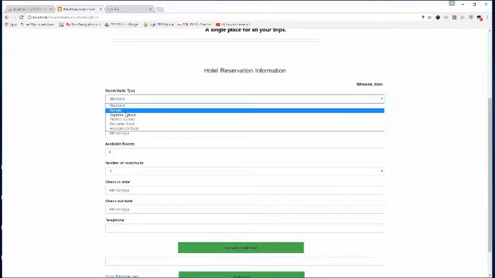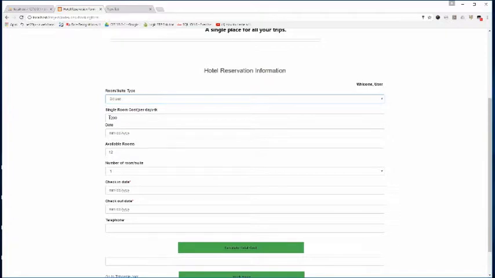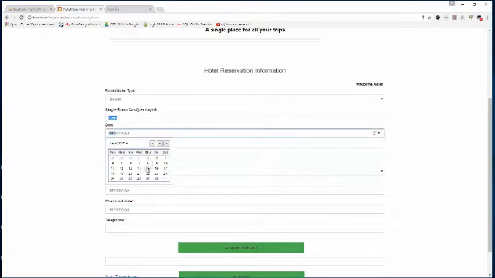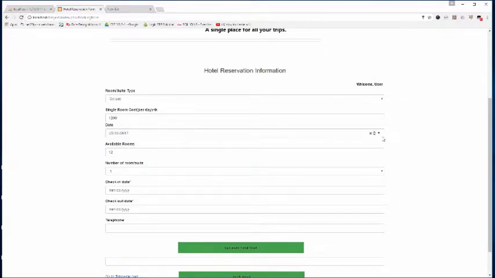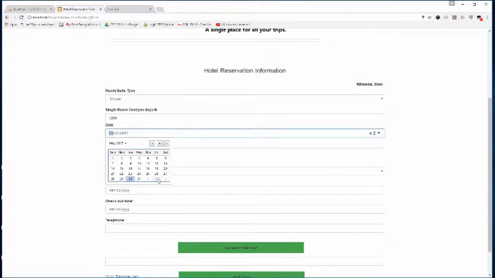Okay, so we have to now reserve hotel. Previously we have only allocated room type deluxe. Yes, we can see that as we have mentioned, the deluxe price is already transferred here, and also the available rooms are shown here, and date is the date from which date the rooms are available. So if we press 15, it is already available, but if we press something 4, then it's available.